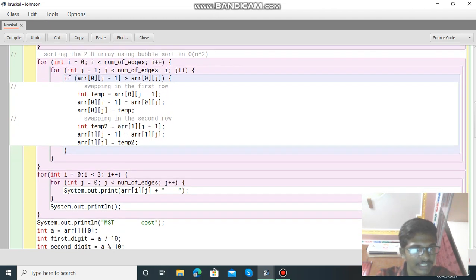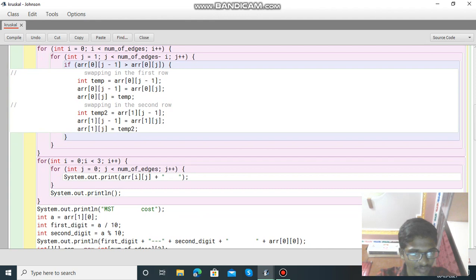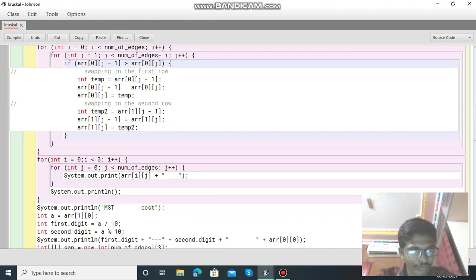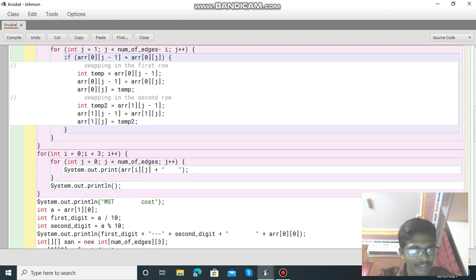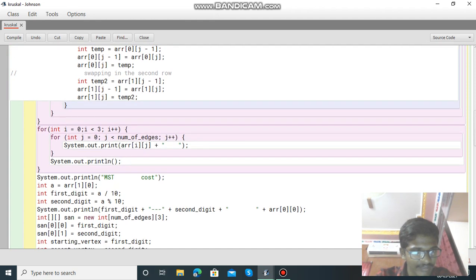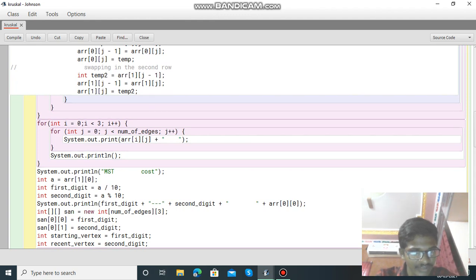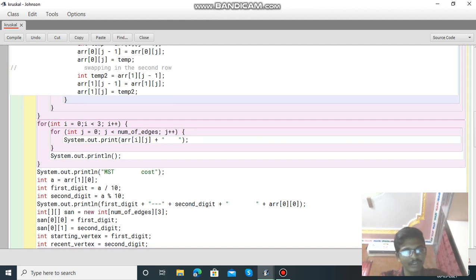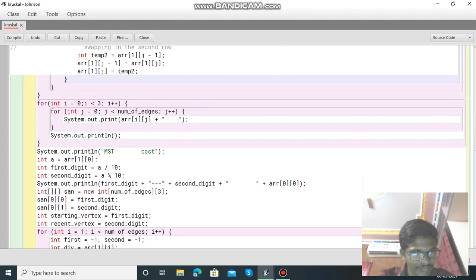equals to temp. Then swapping in the second row, int temp2 equals to array of 1 of j minus 1, array of 1 of j minus 1 equals to array of 1 of j, array of 1 of j equal to temp2. Then we use a for loop, int i equal to 0, i less than 3, i plus plus, and again a for loop, int j equals to 0, j less than number of edges, j plus plus, System.out.print array of i and j, then System.out.println the statement